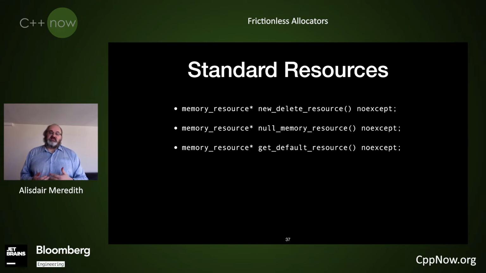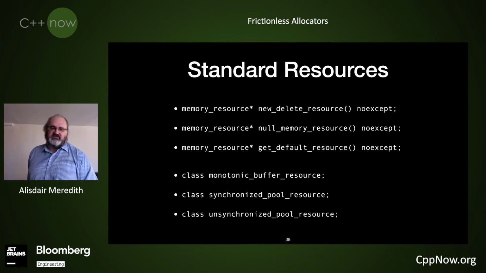The third resource, which is again usually used with the resource adapters, is get_default_resource, which says, if I have an API that's trafficking in memory resources and I don't give you that resource, which resource should I use? You didn't tell me, so I default to the system default resource. And that's customizable. For example, if I'm writing a test driver, I might install a default resource that does all my instrumentation and testing and tells me that everything has gone through the default resource, rather than using its other, hopefully more appropriate resources in that case. We also provide some classic implementations.